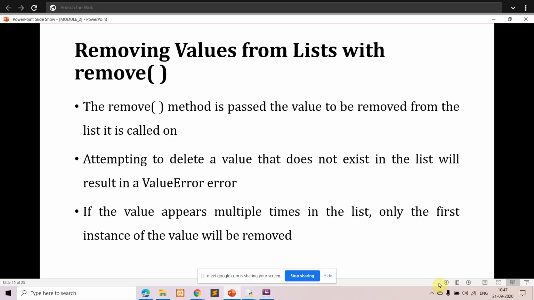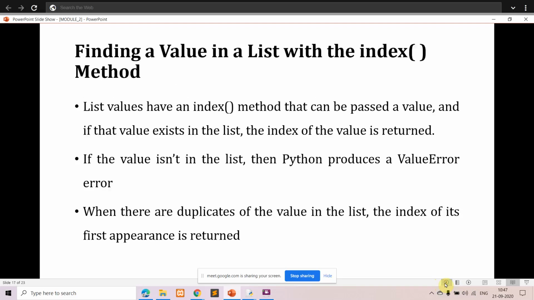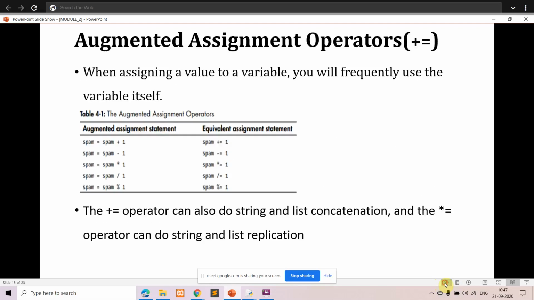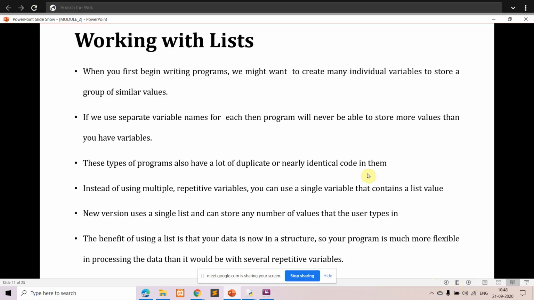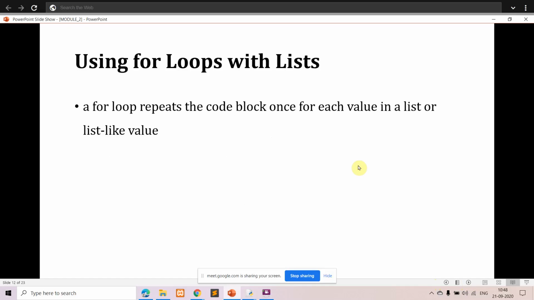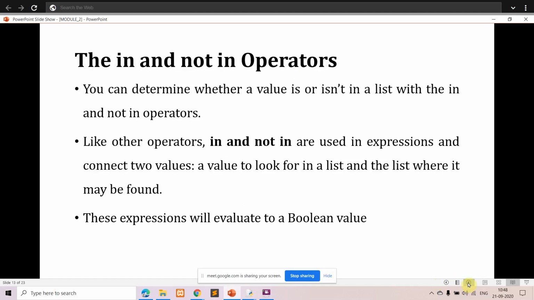So I think we are out of time, right? The next things we'll do in the next session. So what we had seen today is how we can work with lists, and we had seen some examples related to that, and how you can use for loops with the list, and how we can use in and not in.